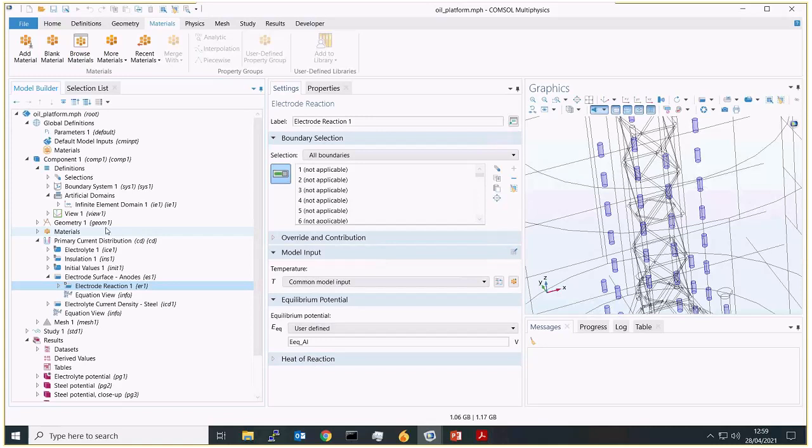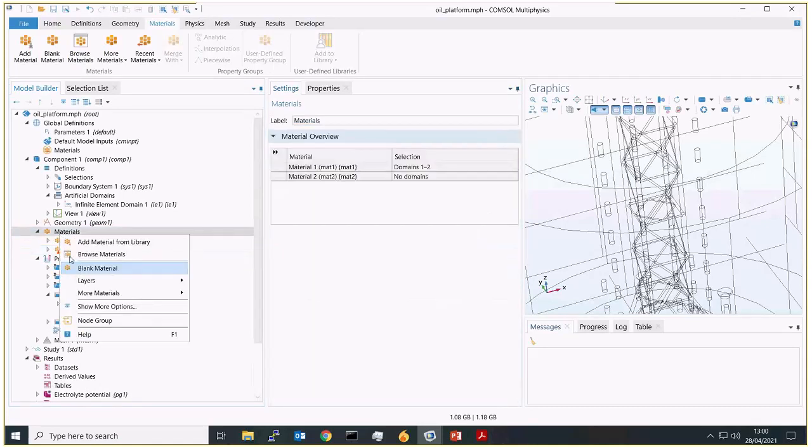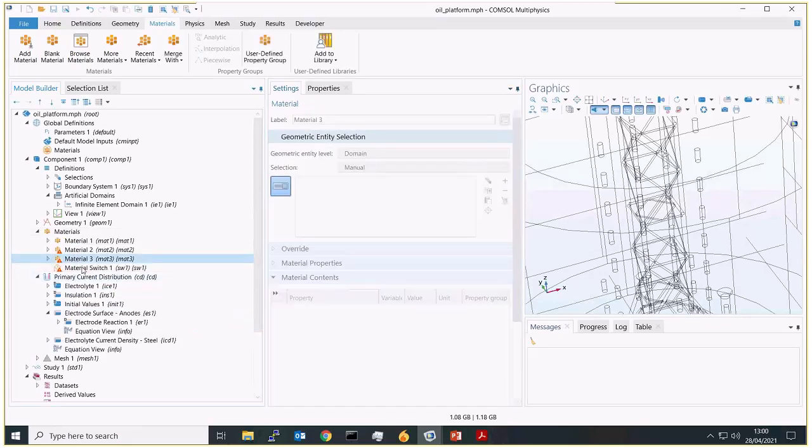So if you create your simulation for your corrosion, examining your corrosion rate, and you want to test how different materials behave, you define your materials within material nodes. Say we had a few here, we can define a material switch and then put these materials within the switch.